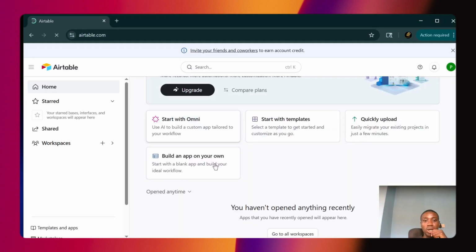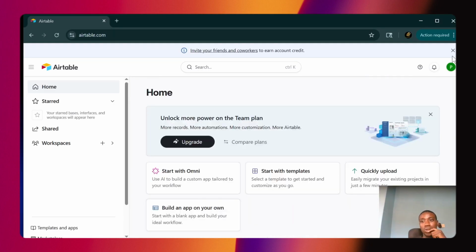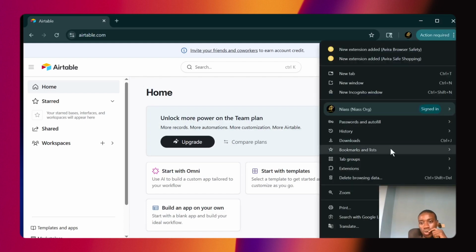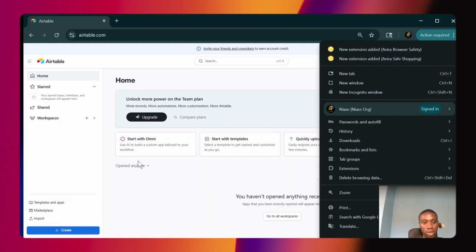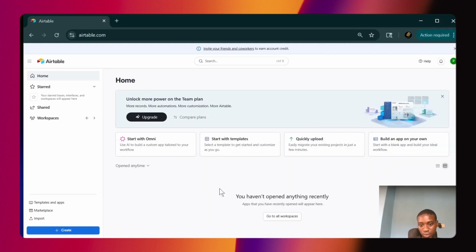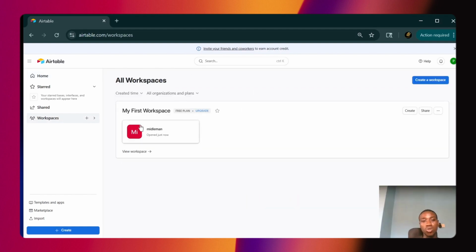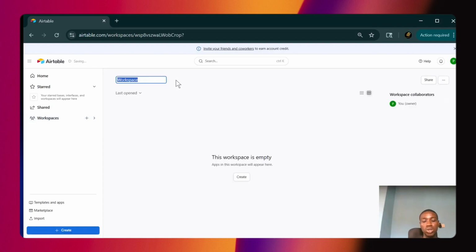This is how your fresh new Airtable account is going to look. There won't be anything here, so you just come to workspace and create a workspace. You can name it anything, like YouTube tutorial.